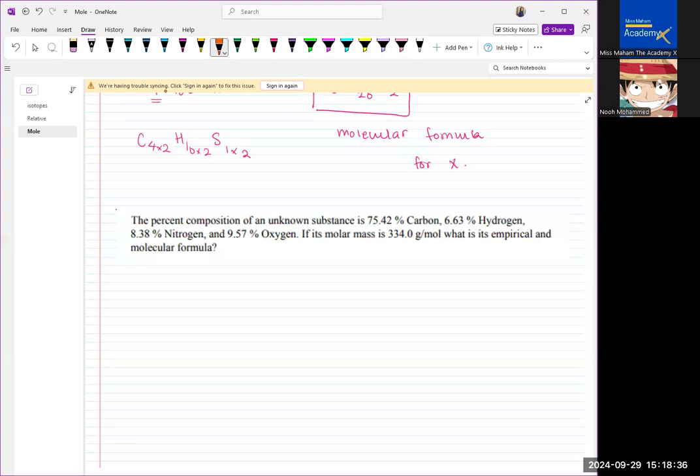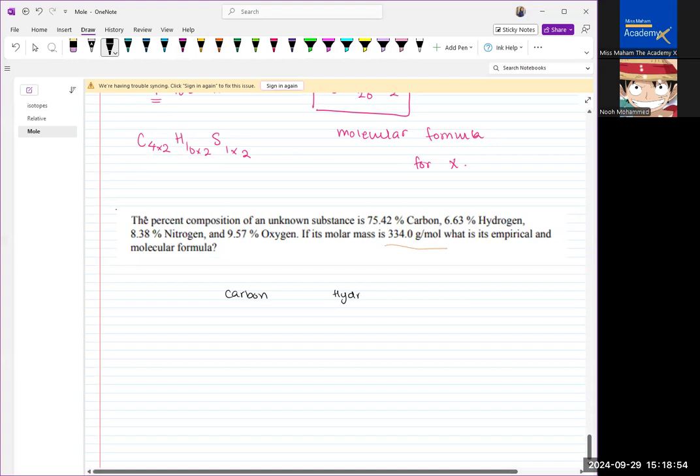If its molar mass is 333 grams per mole, what is its empirical and molecular formula? Now, this is not from the past paper, so I'm not sure of the answer, but we will still solve it. So we have carbon,